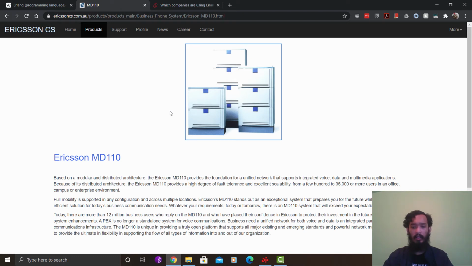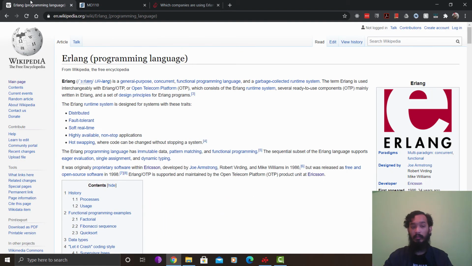There are a lot of companies who use it. A really good example, the most relatable example, is WhatsApp. WhatsApp is built with Erlang. Now, it's because of the problem that they were trying to solve that makes Erlang such a good language for systems like telecom switches, something distributed, something fault tolerant, something that's real time, highly available and